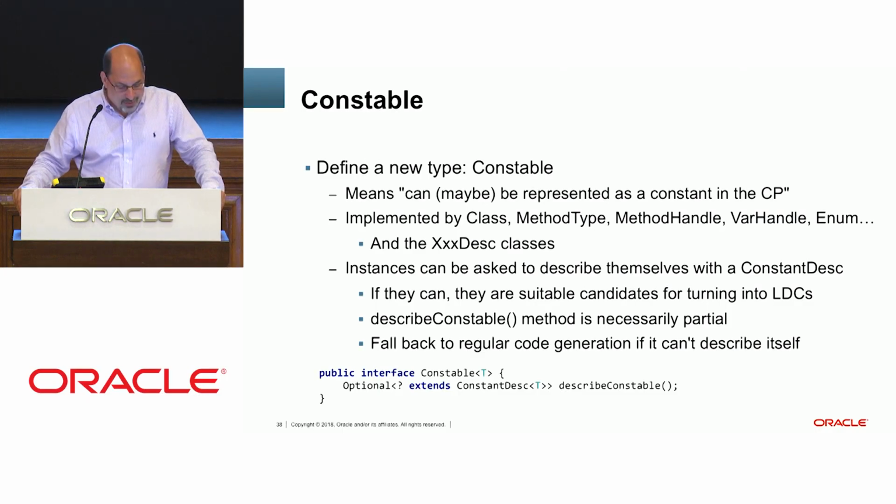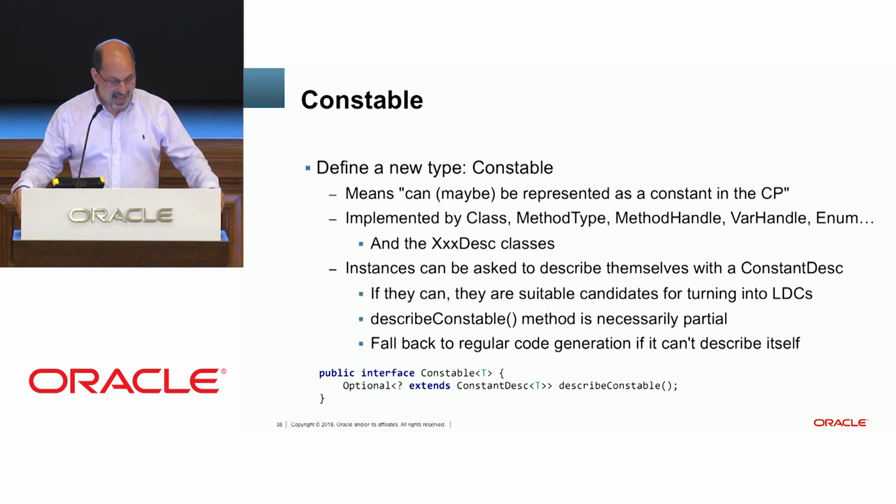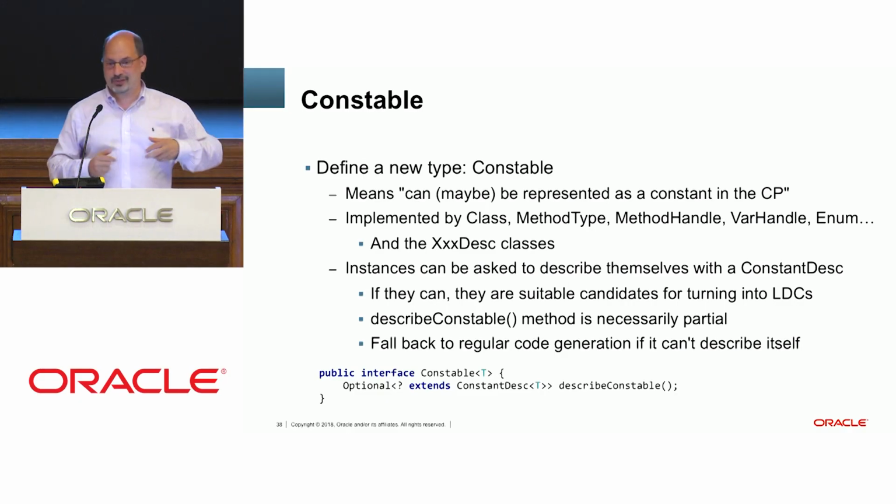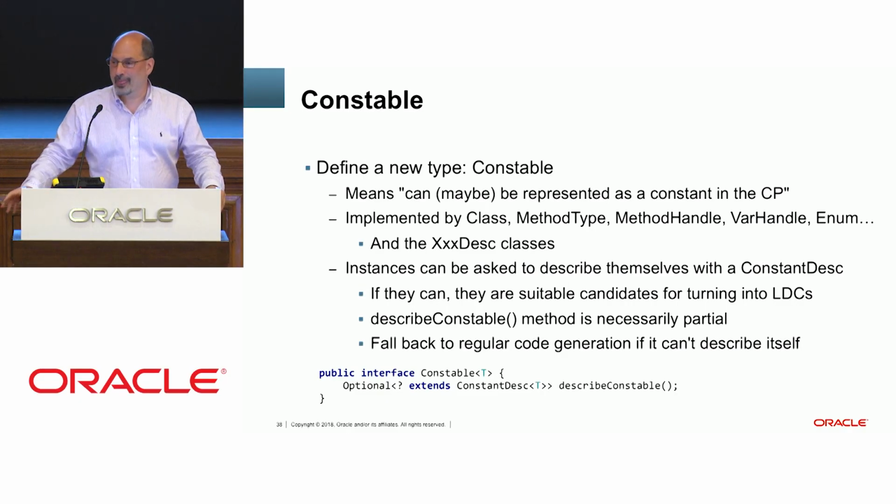And it has one method, which is describe yourself. And in what form do you describe yourself? Well, with a constant descriptor, of course. And it's a partial method, so it returns an optional. Maybe it says, no, I can't describe myself. Just generate some bytecode. Do what you're going to do before. But maybe it will come back and say, oh yes, I'm this thing that can be described by this constant